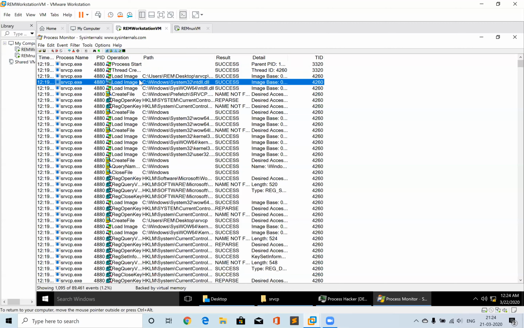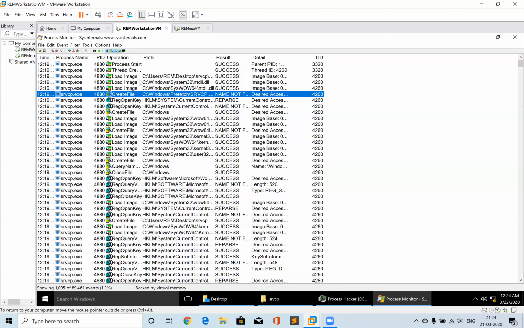As you can see, in a real-time environment, we are not supposed to stop this program. It depends on the analyst. If the analyst wants to see just the basic activity, he can stop it. And if he wants to capture all the activity, because suppose you are capturing a malware,